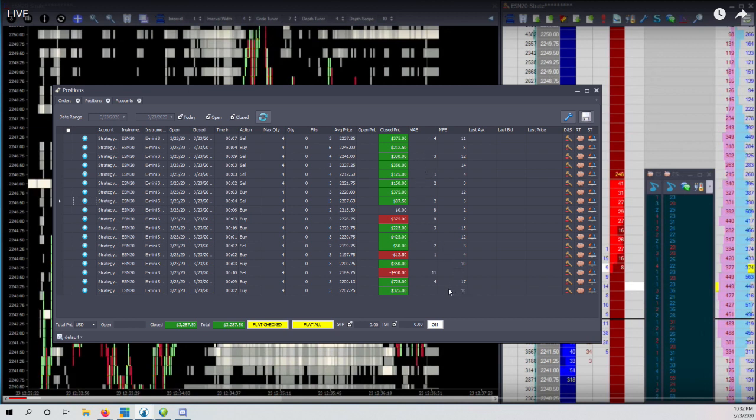So I'm looking for zeros in the MAE, which I have about 6 of them, I believe. Ones are good, but clearly we had 8 and 11 here, but other than that, theoretically, I could run a stop loss at 5 ticks. I don't really like to do that. I want to manage it myself, but I'm fast. This is a perfect example of me choking up, which I might show you that trade. I'll show you a few of these. I'll show you some of the good ones because there's just too many to go over.